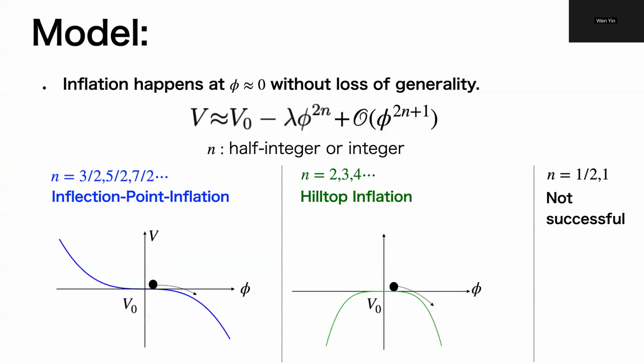like this. When n is integer, then we have the hilltop inflation. This case is called inflection point inflation. One can also consider n as one half or one, but it is known that the inflation is not successful. Therefore, I will not consider this case. We only consider cubic or higher order